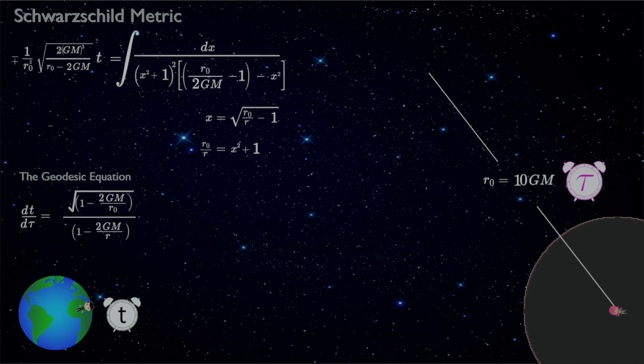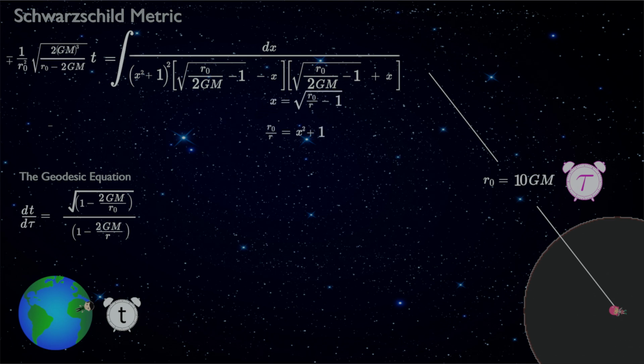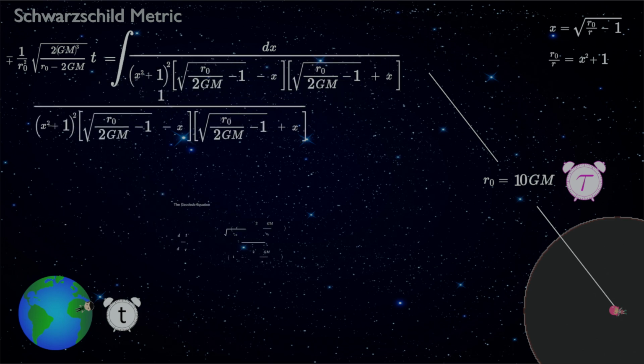The second factor in the denominator is the difference of squares, and it can be factored into the square root of r0 over 2 GM minus 1 minus x times the square root of r0 over 2 GM minus 1 plus x. To find the integral, let's use the method of partial fractions